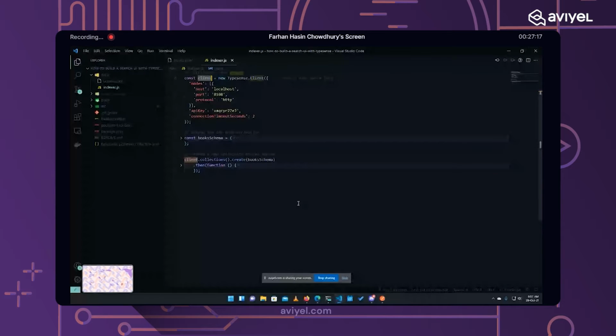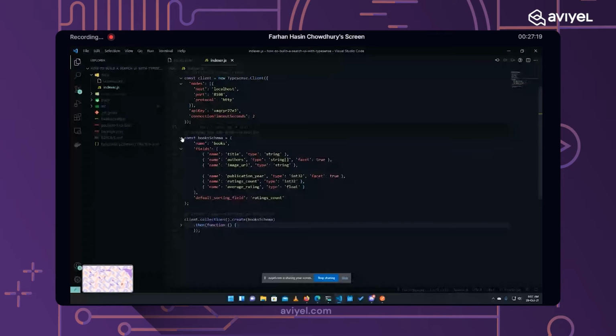The next concept that you have to understand is the concept of a schema. A schema within the context of TypeSense is sort of the shape of your individual data. If TypeSense knows about your books, it also has to know what data your books have.